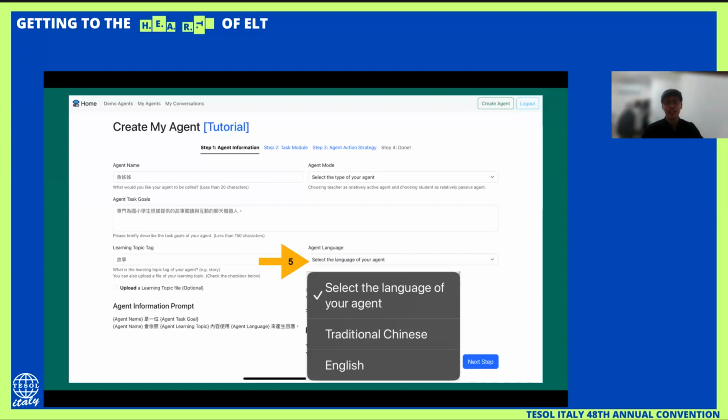As for traditional Chinese, I believe most of us could not understand Chinese, so English will be the only choice here.